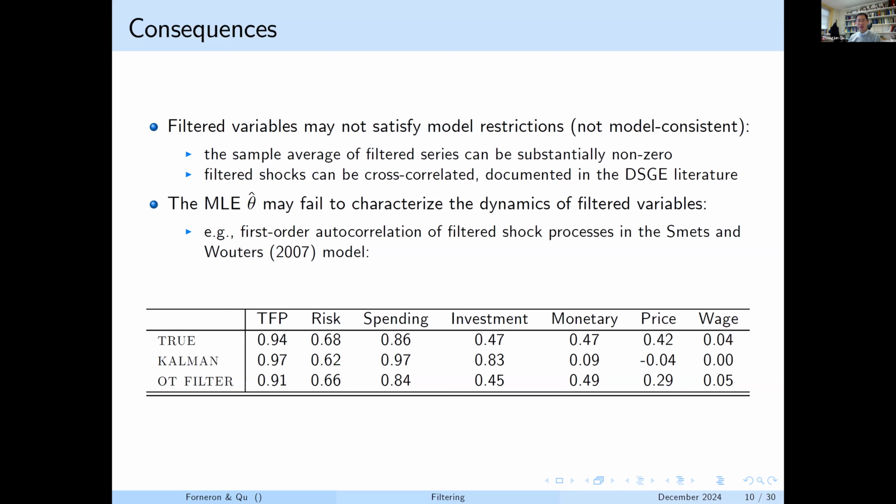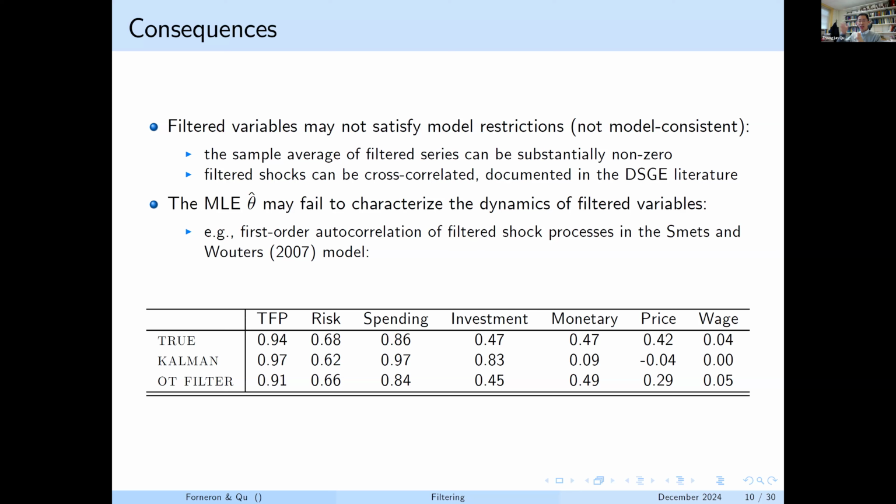We can get another sort of model inconsistency due to this misspecification. A second consequence, which I think is equally important and is not as often documented in the literature, is that the resulting MOE may actually fail to characterize the dynamics of the filtered variables. And this can be illustrated using this table, which I took from the DSGE application that we include in the paper. The details are not very important, but the key issue is that if you look at the Smets-Wouters model,